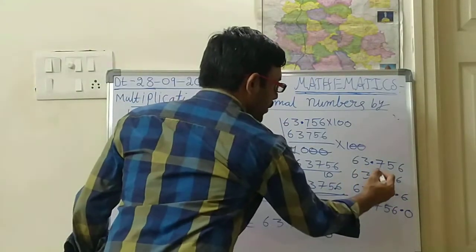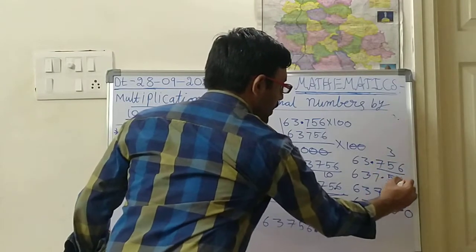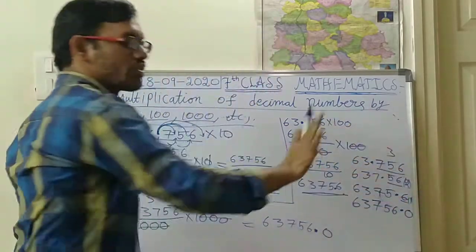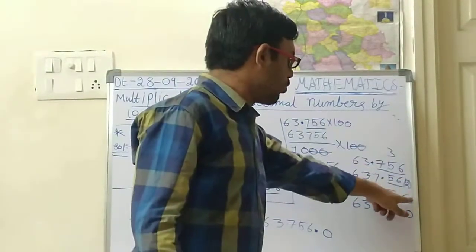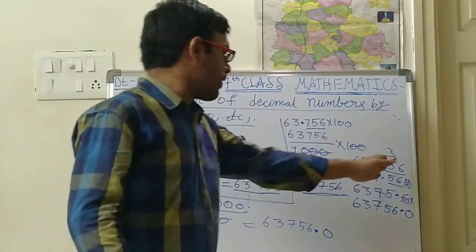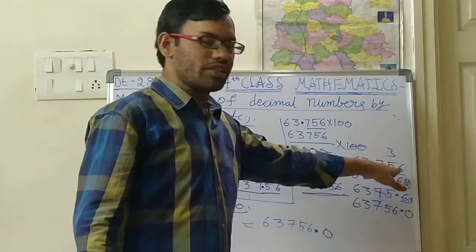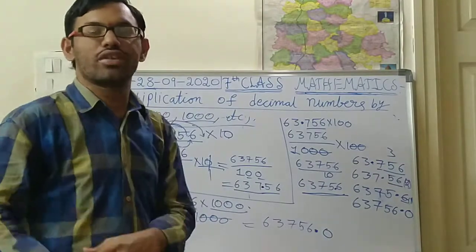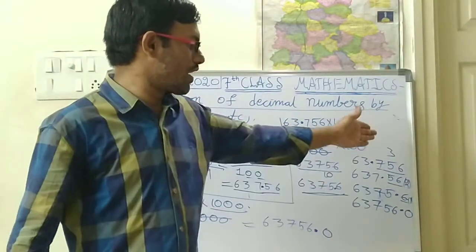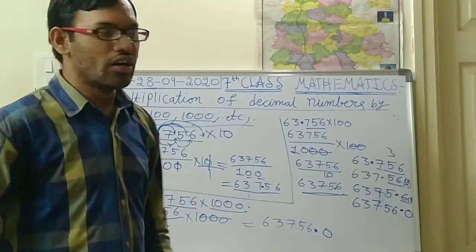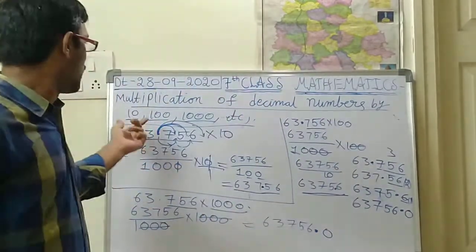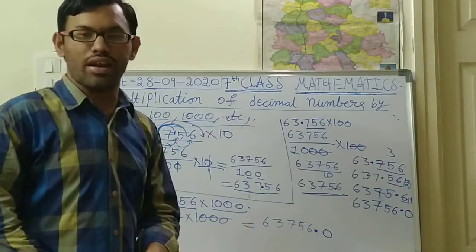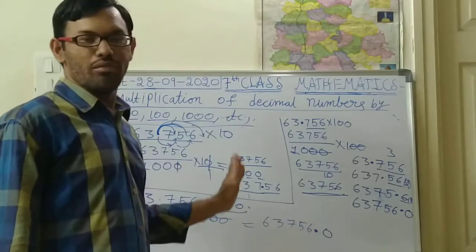After the decimal point, see children, here 3 digits are there, but here 2 digits. Here only 1 digit, here 0 means no need to mention. So that means 3, 2, 1, 0. Whatever digits are there after the decimal point, they are gradually decreasing. Is it right? So 3, 2, 1 like that, consecutively they are decreasing. So if you are doing multiplication with 10, 100 and 1000, this type of change will be done. So like this the method will be there.